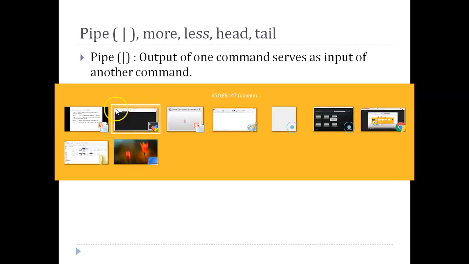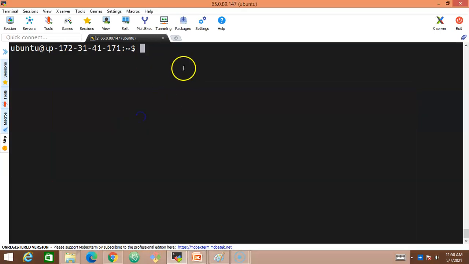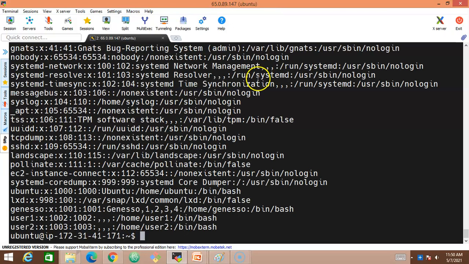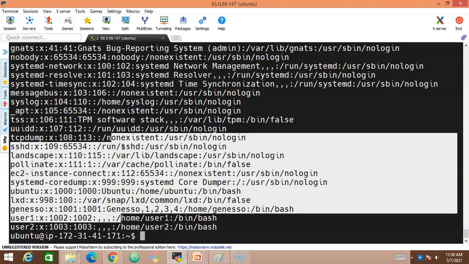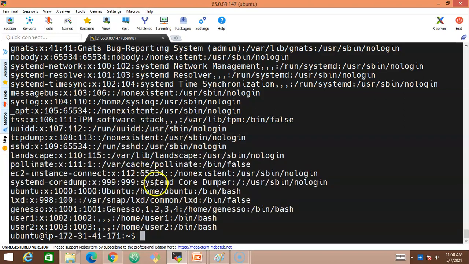So let me open my Linux server. This is my Linux server. Simply if I type cat, which will help us to view the contents of a file, /etc/passwd, and press enter, it is actually moving to the end of the file. This is the content of this file /etc/passwd.